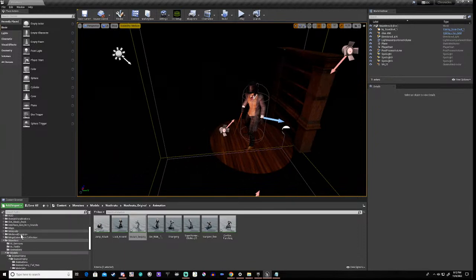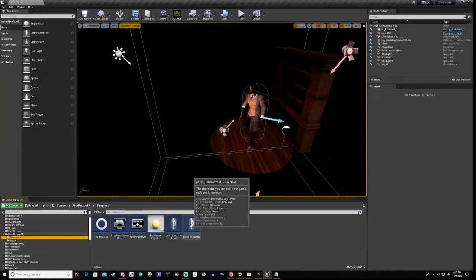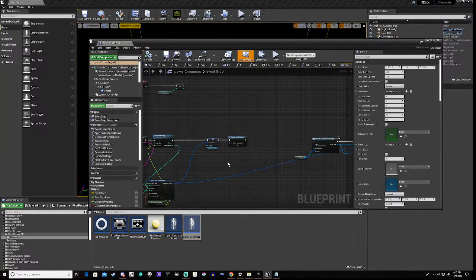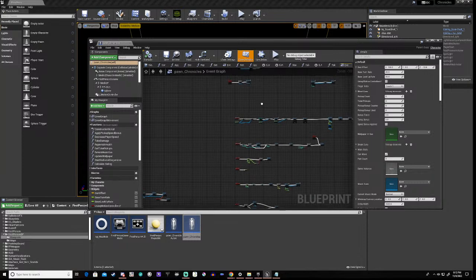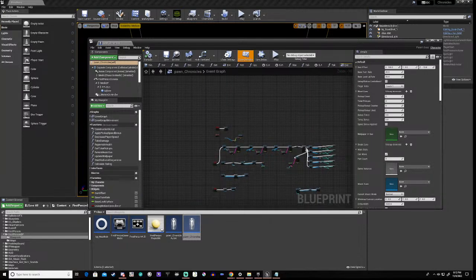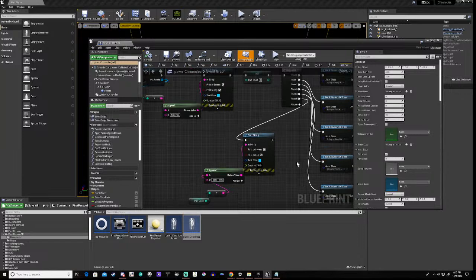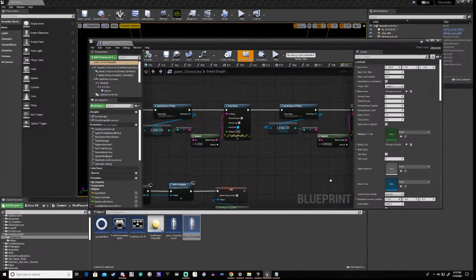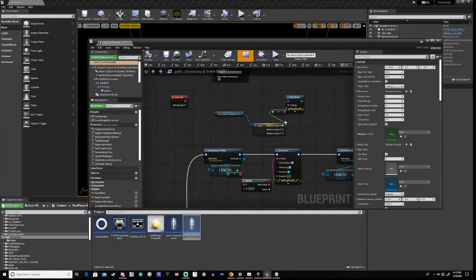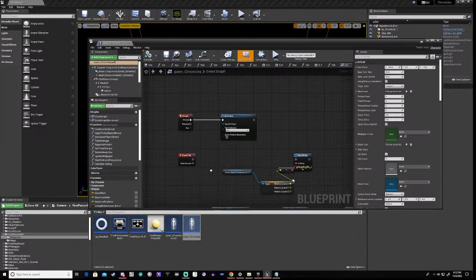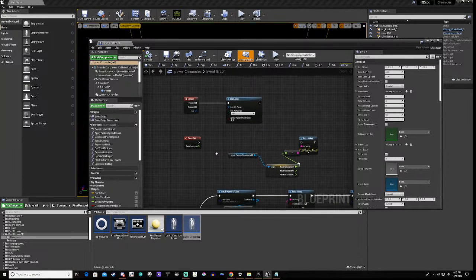And now if we go into our first person controller, or in this case our pawn controller, we actually have, and also at this point as well, what I would actually want to do is do a little bit more with